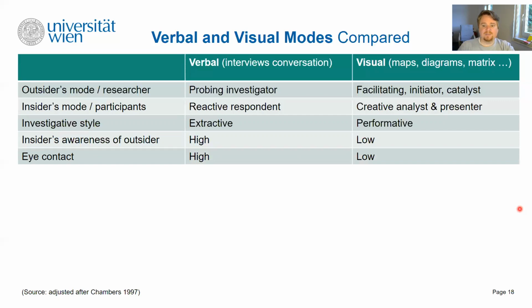Eye contact with verbal is very high, and again with visual is very low. So sometimes you would go around and people are doing the visual stuff in the middle, and so you're not having this very intense kind of sitting in front of each other and now we have to talk about your life and all your problems and whatsoever. It can lead to a very